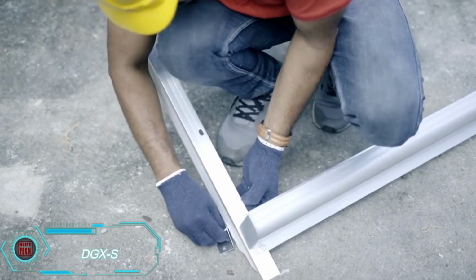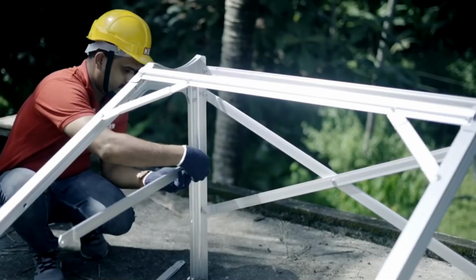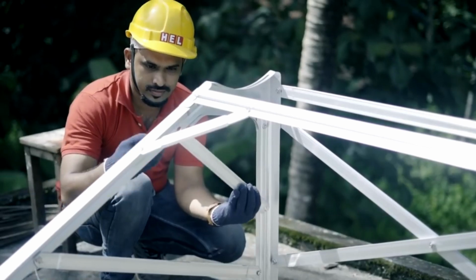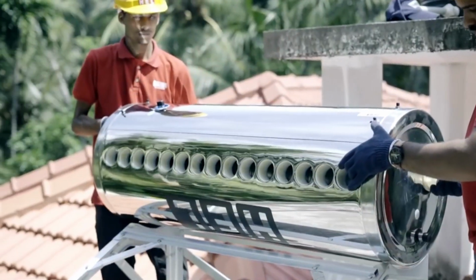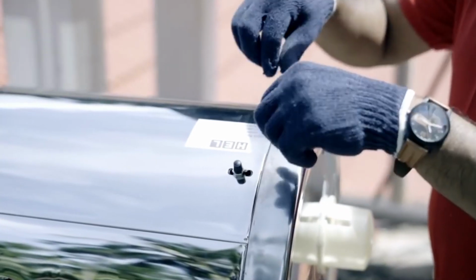Setting up the DGX-S solar-powered water heater might be a bit of a challenge, but the results are worth it. First, you'll need to place a 26-gallon tank on the roof or another open location, then connect it to pipes, and finally hook it up to your home's plumbing system. Once installed, this system uses the sun's rays to heat water to 176 degrees Fahrenheit, which then flows into your